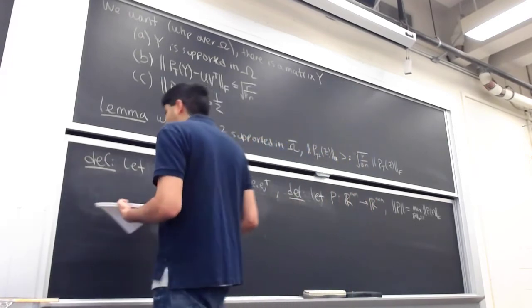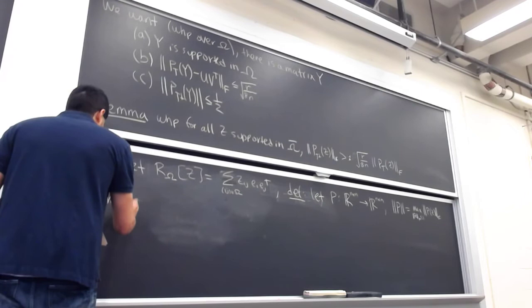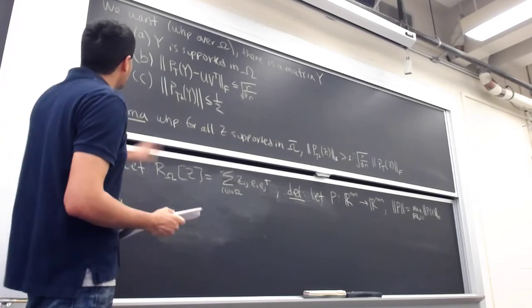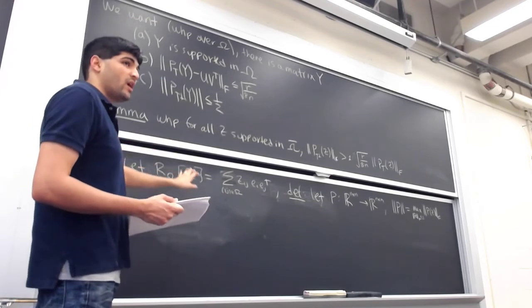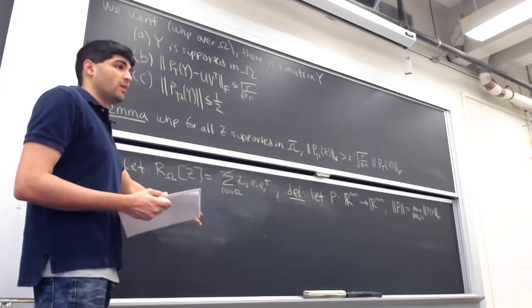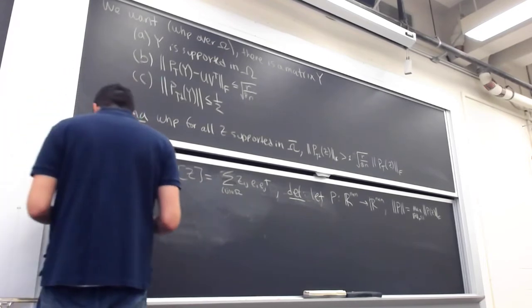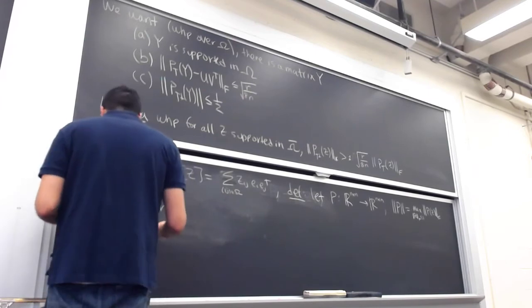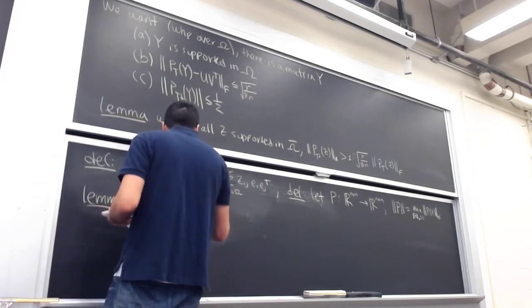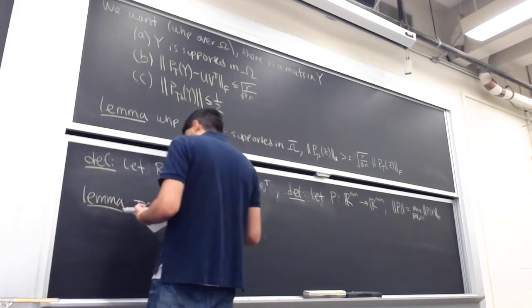Now let me tell you the main lemma that we need to prove all these things. It's used in why y exists, and it's used in the proof of this. And at first glance, it's not going to look like matrix Bernstein, but it is. So let me state it. Then what we'll say is that if the number of observations is at least nr log n, then with high probability,